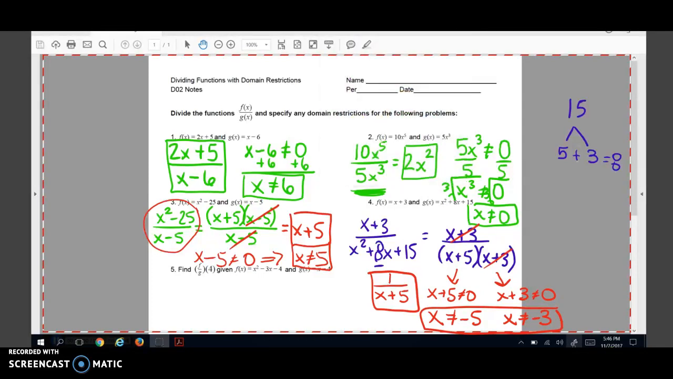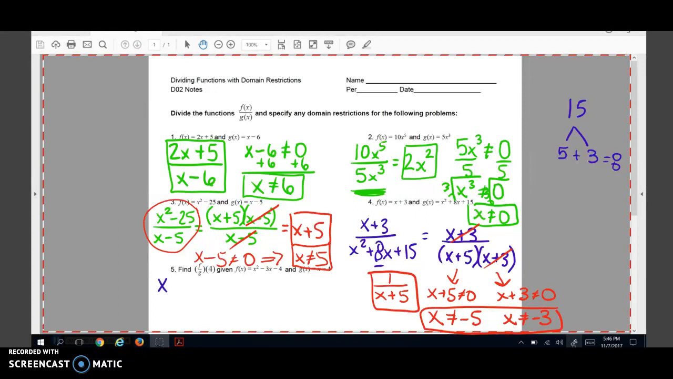Okay, our last example is a little bit different. This says find f divided by g of 4. So now, instead of leaving it as a function, we're now going to substitute in a 4 into my variables. There's two different ways that you can do this. The first method is to first find f divided by g and then plug in 4, and then you can simply start right away with